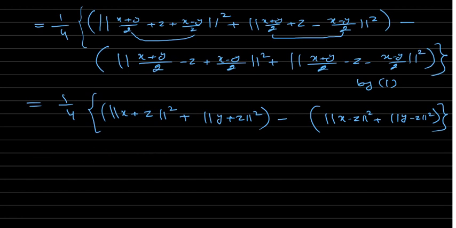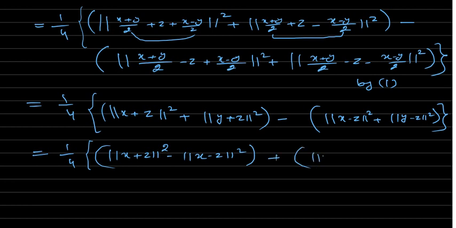This is equal to 1 by 4 times the norm of x plus z whole square, then minus the norm of x minus z whole square. That's the inner product actually. Okay, these two minus, plus the norm of y plus z whole square minus the norm of y minus z whole square. Now it's okay. And this is equal to the inner product of x with z plus the inner product of y with